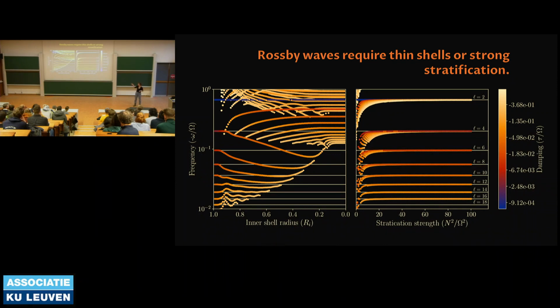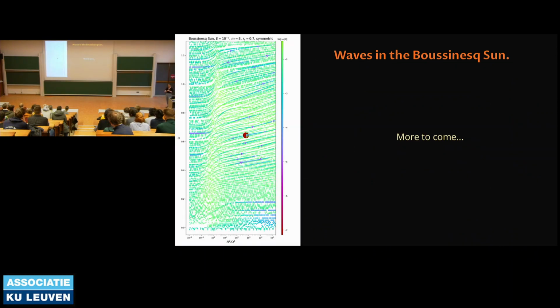And we tested that. And indeed, if you create strong stratification in the sphere, you bring these Rossby waves back again to their expected frequencies. But now they're in company of more waves with different radial nodes. And that might be interesting, but there's one thing that's, I said it before, a bit sad about the radiative material in the sun, is that it's sheltered by this very big convective envelope, so we can't actually observe any of this. But, and that's still work in progress, so it's more of a teaser,